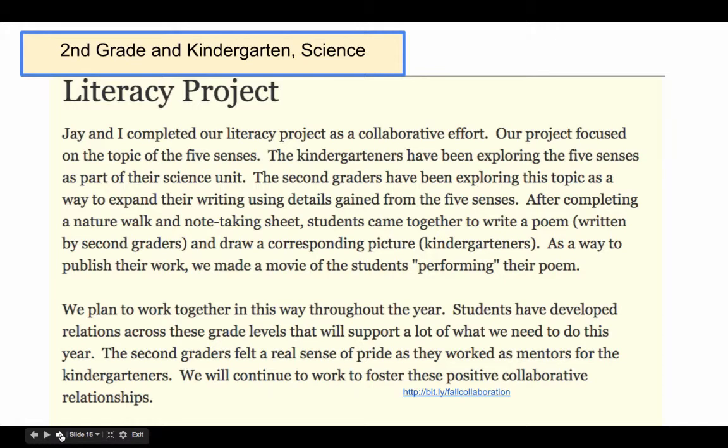The students were going outside the school building, staying within the confines of the school ground, and they were doing a unit on the season of fall. And the kindergarten children were being asked to learn about the fall by using all 5 of their senses. They collected their data with the second graders on a worksheet that then became a planning sheet for them to create a digital story which integrated the young children's illustrations, and then the second graders worked with the kindergarten children to add audio recordings to those illustrations.